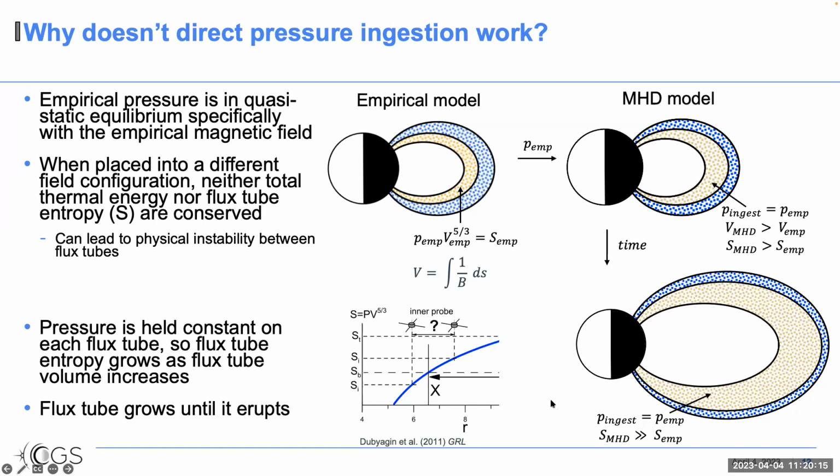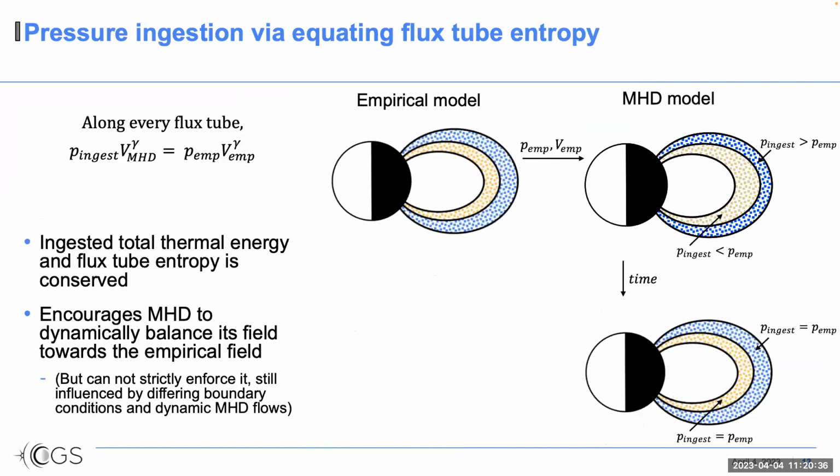and eventually just grows and grows and grows until it erupts and reconnects and turns into an open field line where the empirical model or the intermagnetosphere coupling implementation is not sort of controlling that flux tube anymore. So it's very unstable and unphysical. And so the next logical step from there is to instead ingest pressure by equating the flux tube entropies between